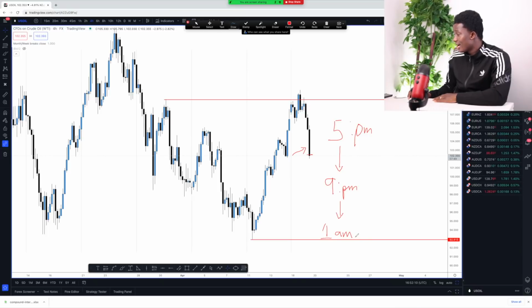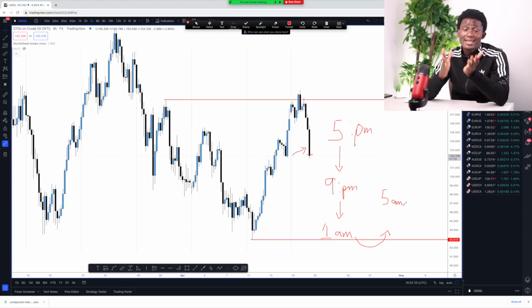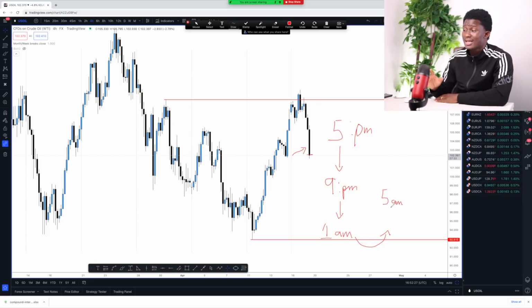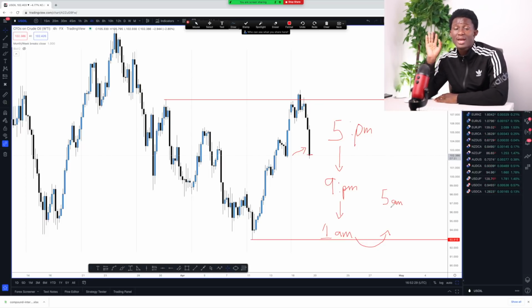Then from 1 a.m., 4 hours from there, what do we have? We come back to 5 a.m., right? At 5 a.m. we have the Asian session wrapping up, coming to meet the London session, and volatility setting in again, right? So every setup that I have, be it the market coming to a key support area, a key resistance, a trend line, whatever it is, while I'm waiting for a candlestick closure and confirmation, I have to be awake around these prime times.